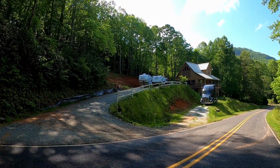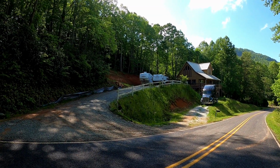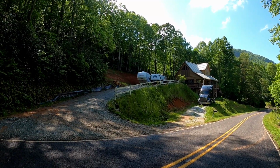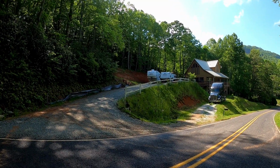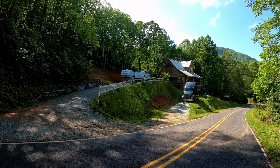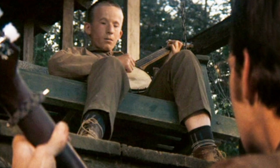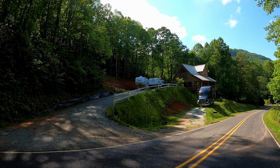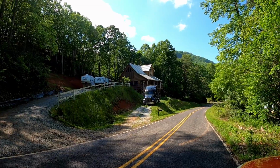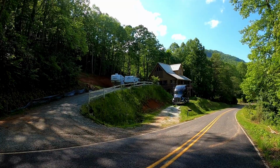Now, it might not look like much, but in fact, the property that this house sits on now is where the Mass General Store sat, where the four men came together, and this is where the infamous scene between the young boy who played banjo and Drew took place. This is where the duel went on, and this is where they played. And, well, obviously, the house has long since been gone. There's not really anything left,